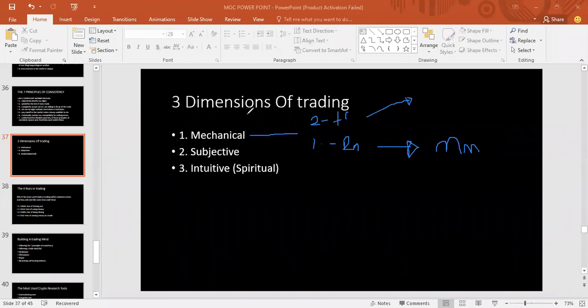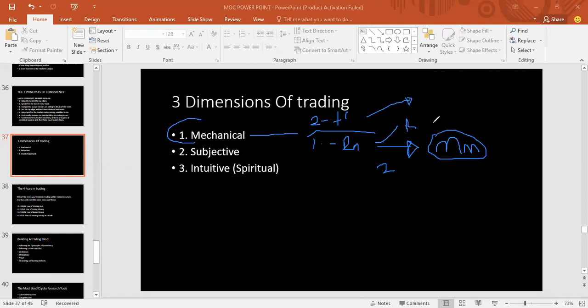So by doing that, you're trading mechanically. You are not trying to come up with these rules at the moment you're about to enter the trade. No, you are following the rules. So it's either the trade you're about to enter meets those rules or doesn't meet those rules. If it doesn't meet those rules, you don't take the trade. If it meets those rules, you take the trade and you follow the risk parameters for those trades,